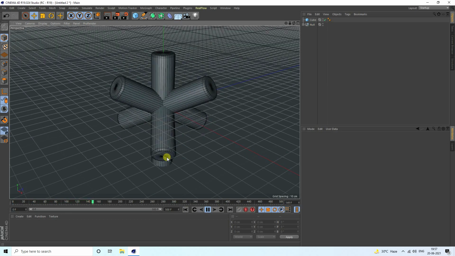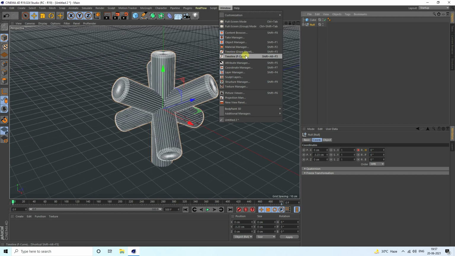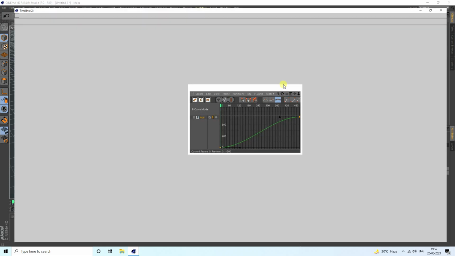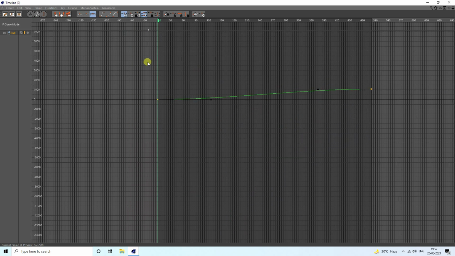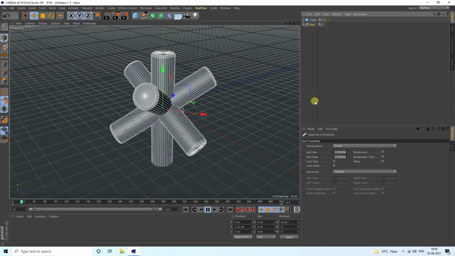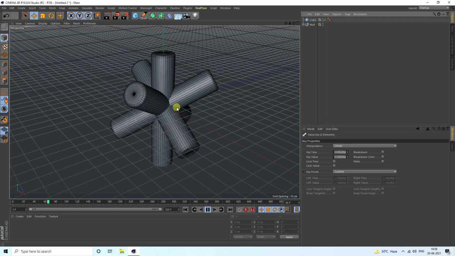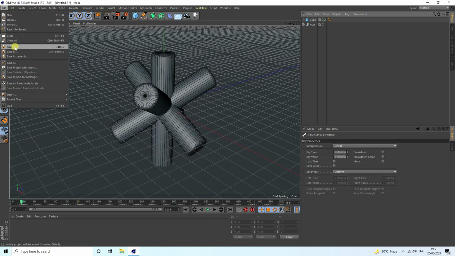Okay, so guys, now I change the graph editor keyframe. Select this null, go to window, select timeline F-curve tool. Yeah, guys, make it smaller. Yes, like this. Select this keyframe and press this linear tool, this one, and click. Yeah, so go back and play again. Yeah, this one is good, right? Okay, so guys, my rotation animation is finished and I save this project.